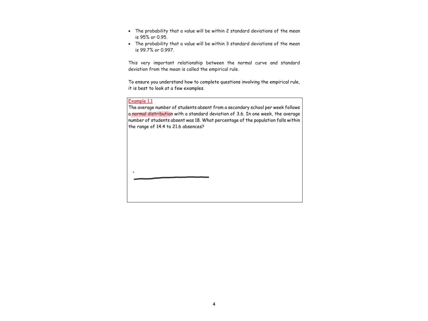Anytime that you see normal distribution, the alarm bell should be ringing and you should know that this is an empirical rule question. Anytime I suspect that it is an empirical rule question, I draw a normal curve. In the normal curve, we have the mean right at the center. The mean in this particular one is 18. There are 3 rules with the empirical rule. The first one is that